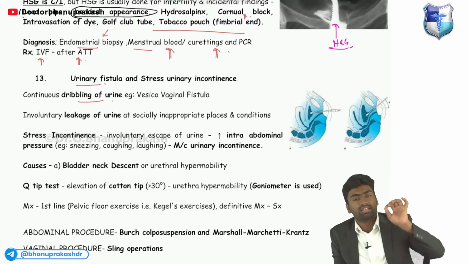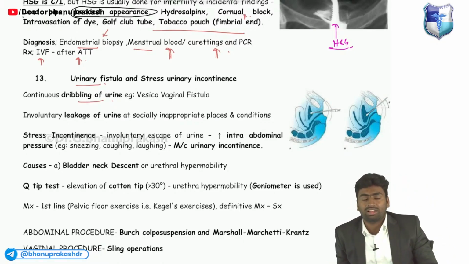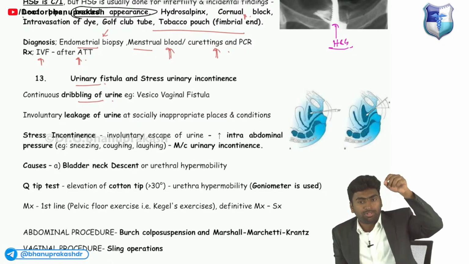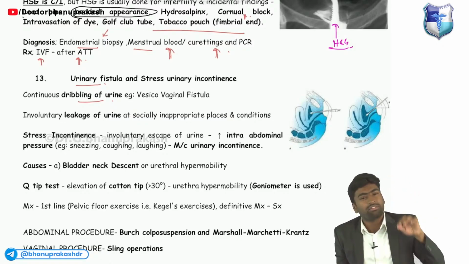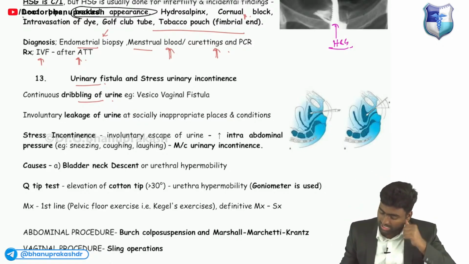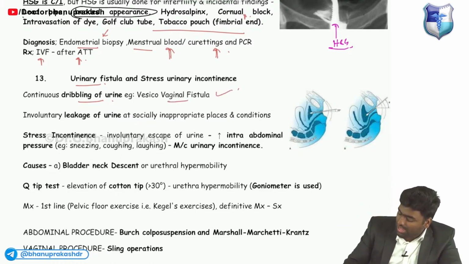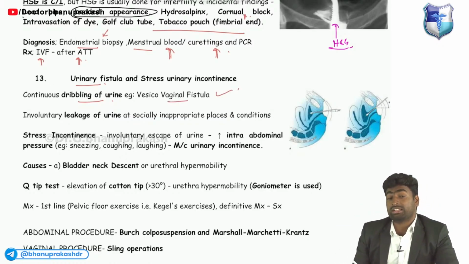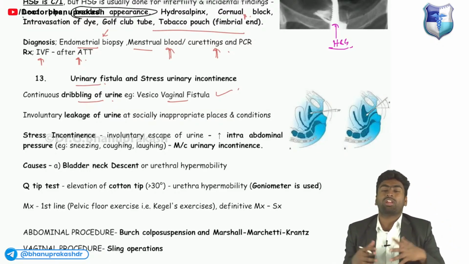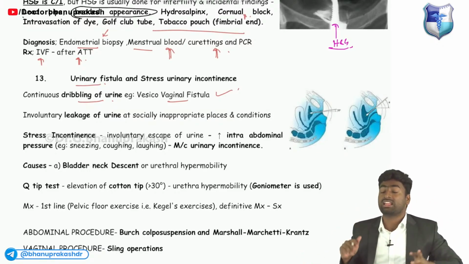There is a continuous leaking. Okay, it is like how water drops from a tap, right? Like this, there will be a continuous dribbling of the urine in a case of vesico-vaginal fistula. Whereas in a case of stress urinary incontinence, it will be under stress. For example, if you are laughing loud, or if you are taking any stress, or if you are lifting any weight,